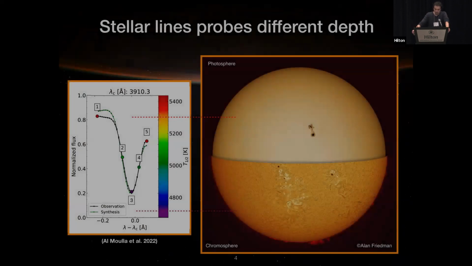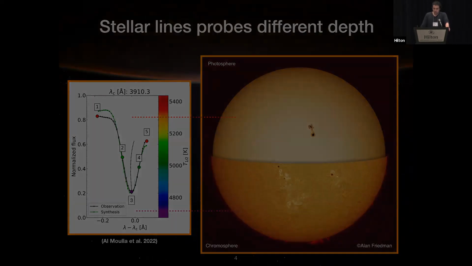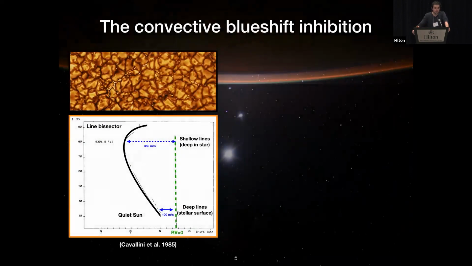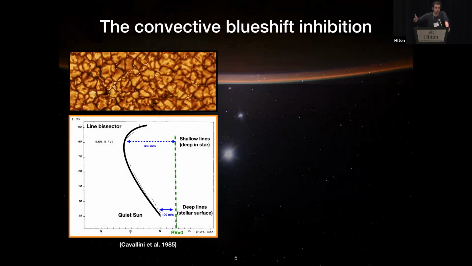Or actually, even when you look at single stellar lines, we know that the continuum is formed deeper into the star than the core of the line. So you saw already the talk of Khaled Al-Moulla yesterday, and you can even study a single stellar line to probe the different layers of your star. It's nice because if you use that, you can begin to somewhat probe the physical process which is happening on your star. And here you see the line bisector in the quiet star.